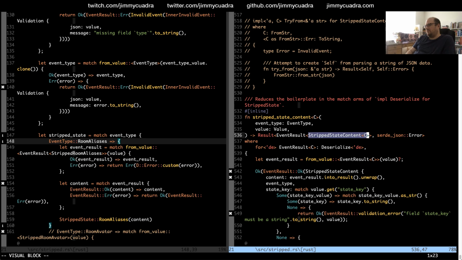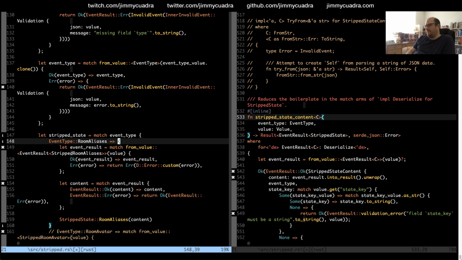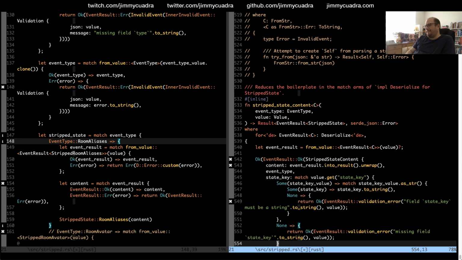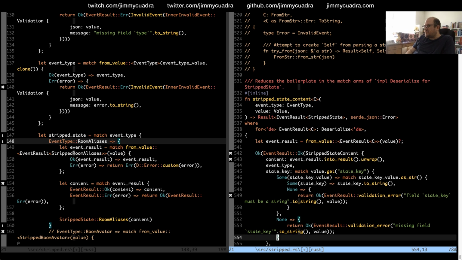I think we want to change this to be stripped state. Which means that maybe we don't even need... It's really the extraction of this content type that we care about here.